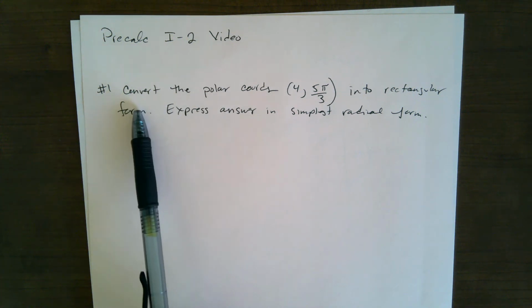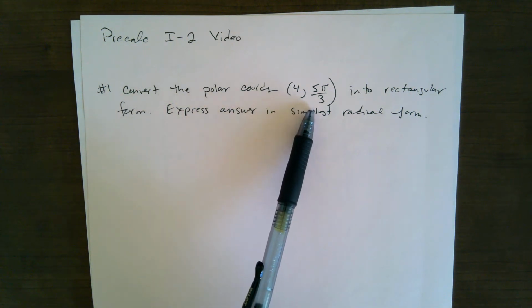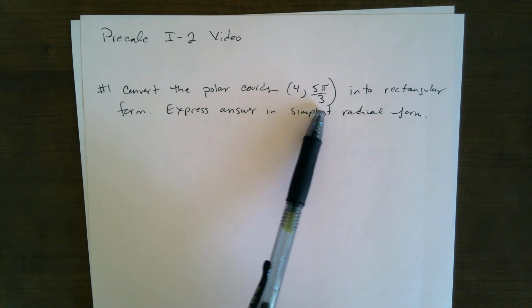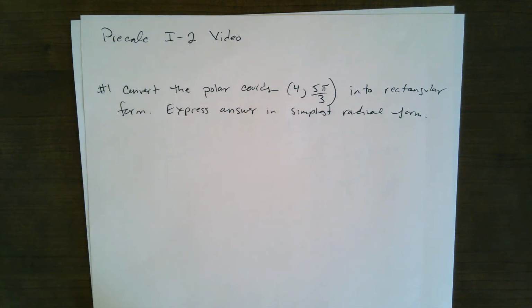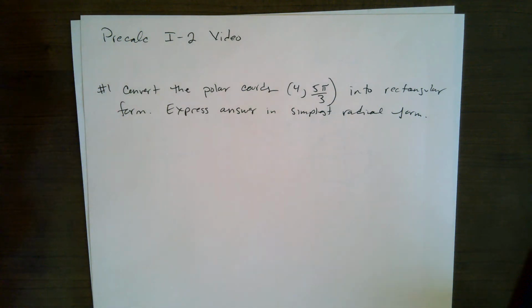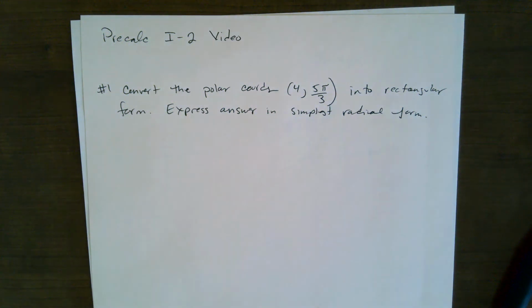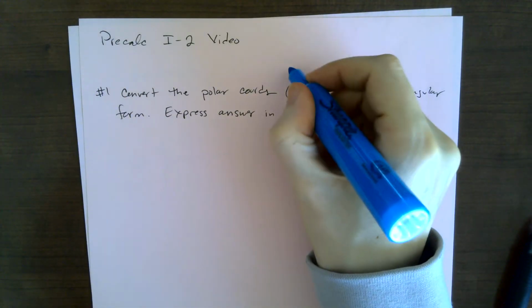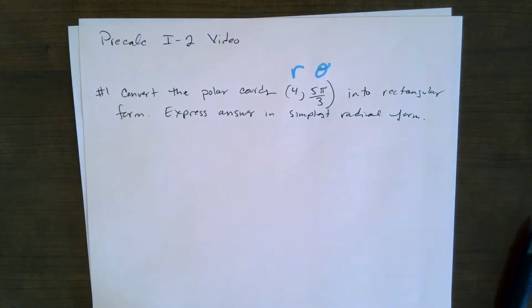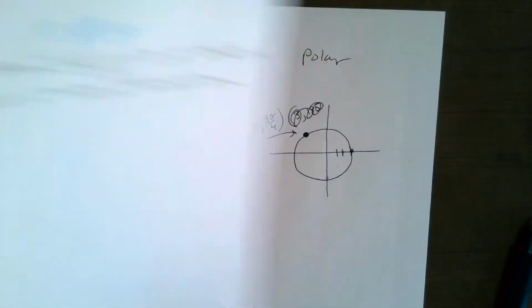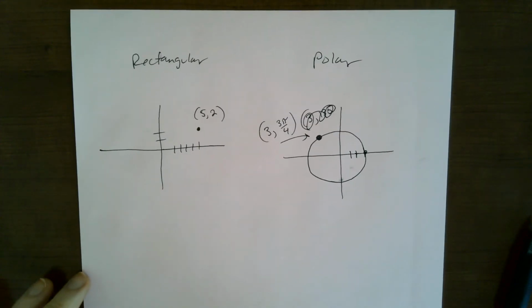So convert the polar coordinates 4, 5π/3 into rectangular form. Express your answer in simplest radical form. So with polar coordinates, the coordinates are not x and y. They are r and theta, okay? So just a little quick